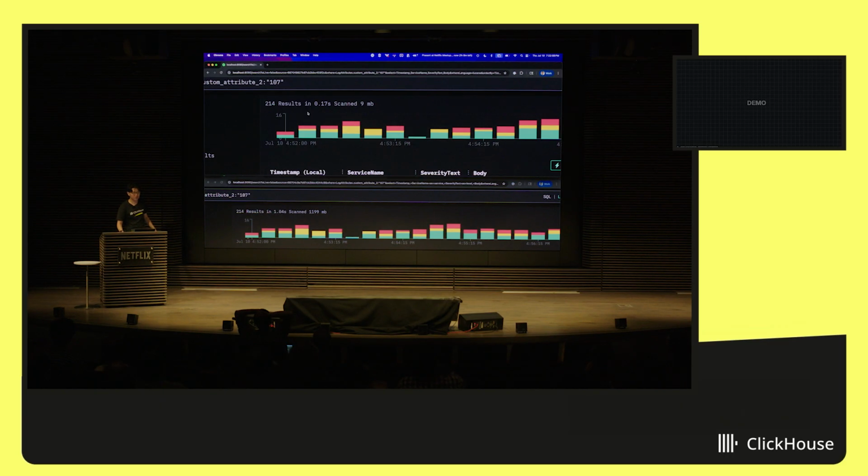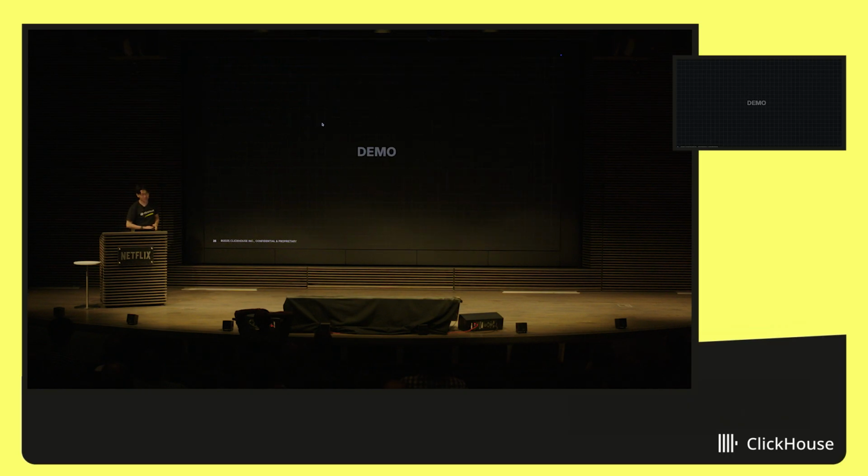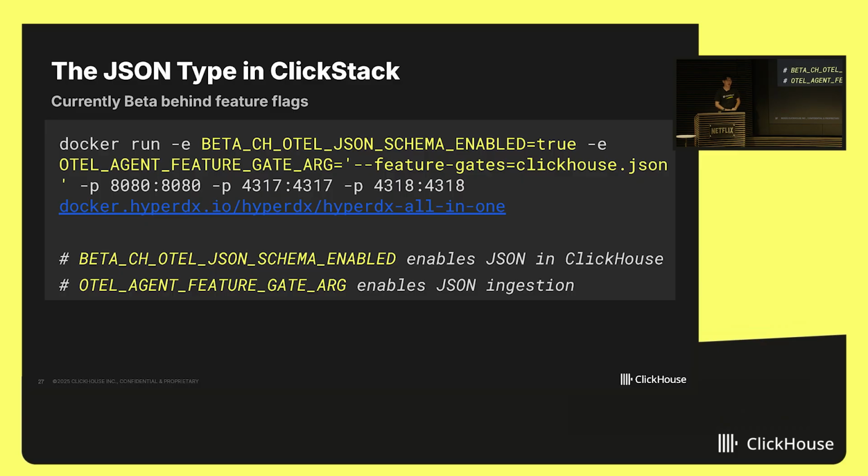So that's kind of the efficiency that you get on the new JSON data type. It's scanning a lot less data. We're able to return results a lot faster versus the old map data type. You'll be scanning a lot more data and correspondingly take a bit more time to actually return it all. So hopefully that's a compelling demo as to why the JSON data type is something worth taking a look at.